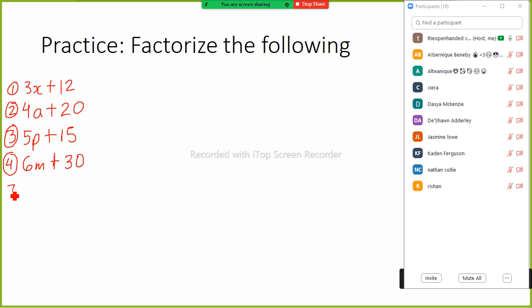Number seven, 6b plus 9. Number eight, 21x plus 9. Number nine, 25c minus 5. Number 10,